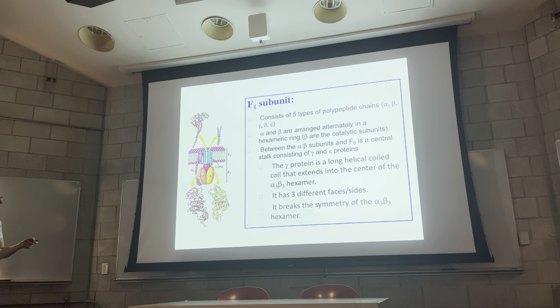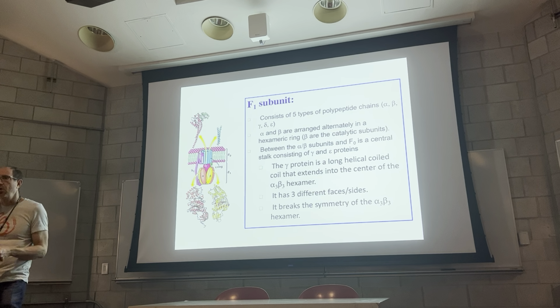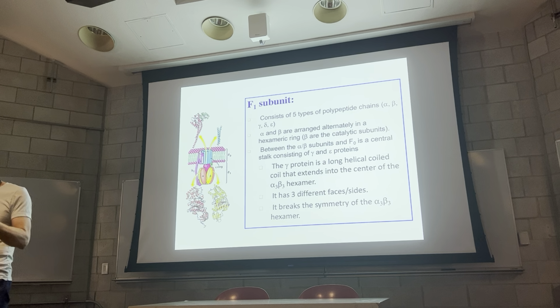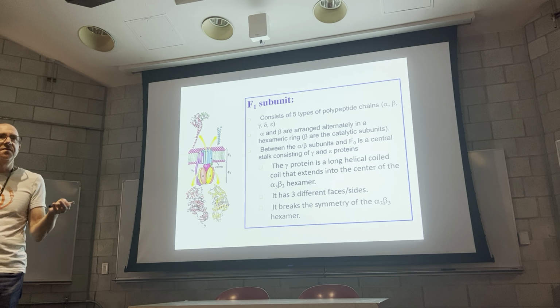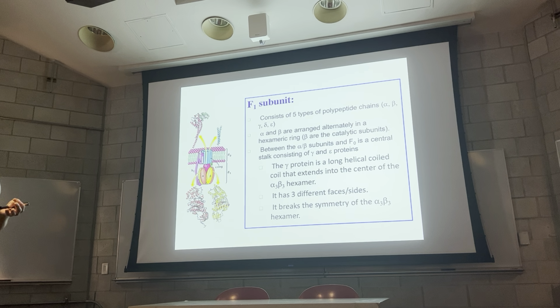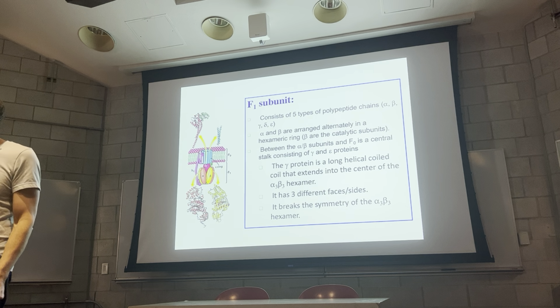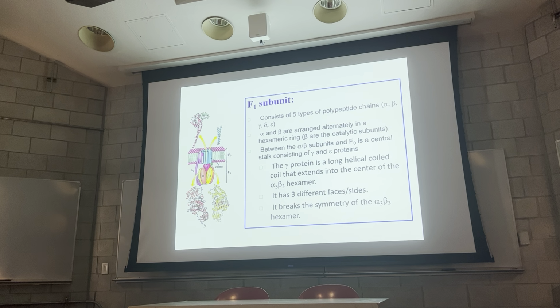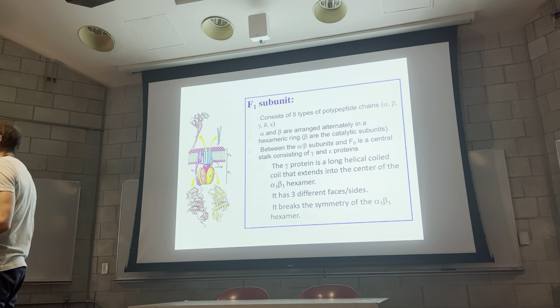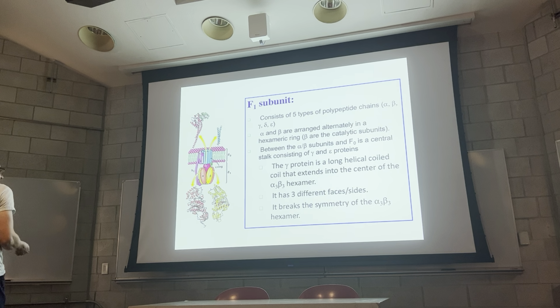And then I'm making a point here. I'm saying that the gamma protein has 3 different faces, sides. So just like I have my front and back, right? You can imagine also some object that had 3 distinct faces. I don't know, maybe one face is hydrophilic. Maybe one face is positively charged. Maybe the other face is hydrophobic. That's what they mean by that. So what happens is